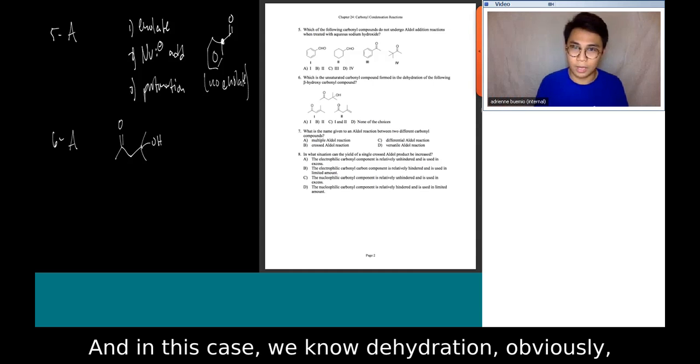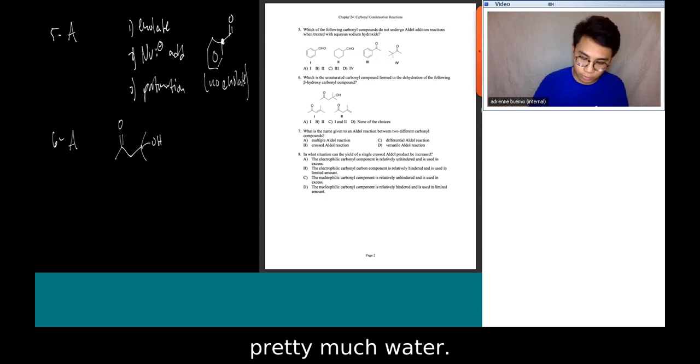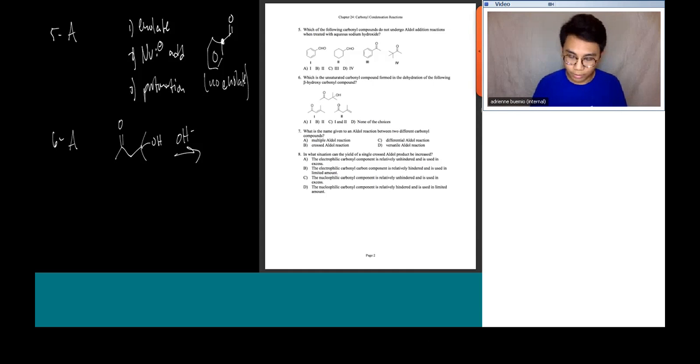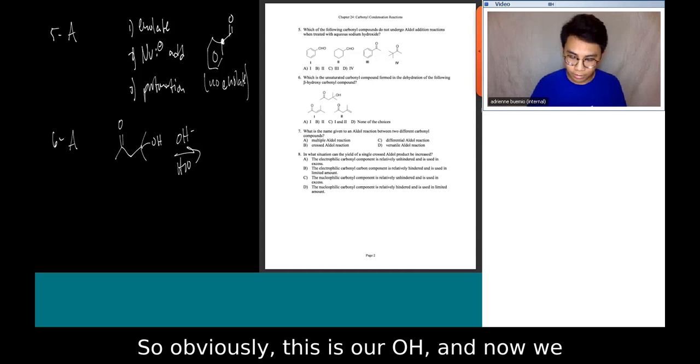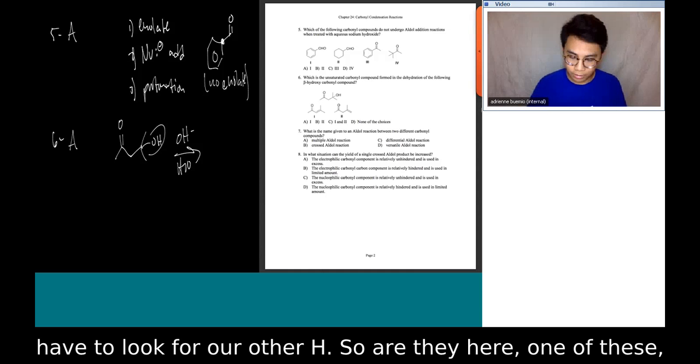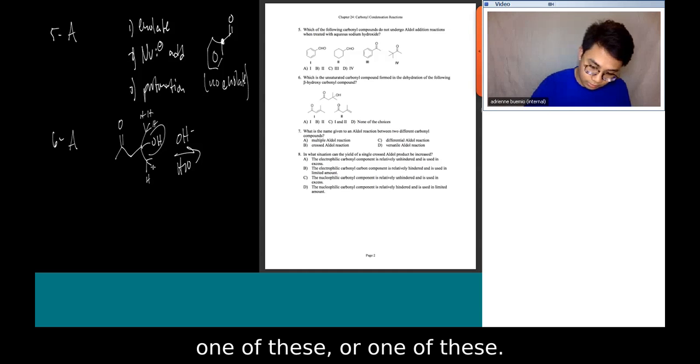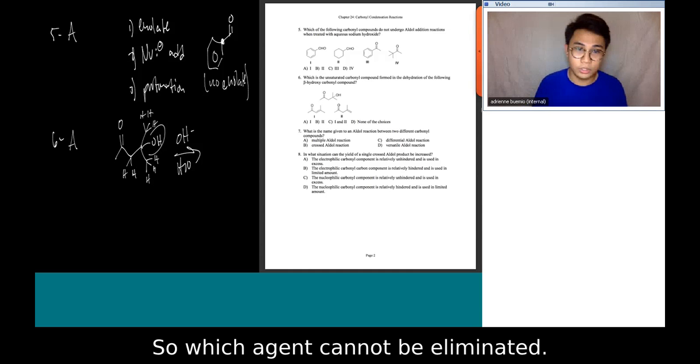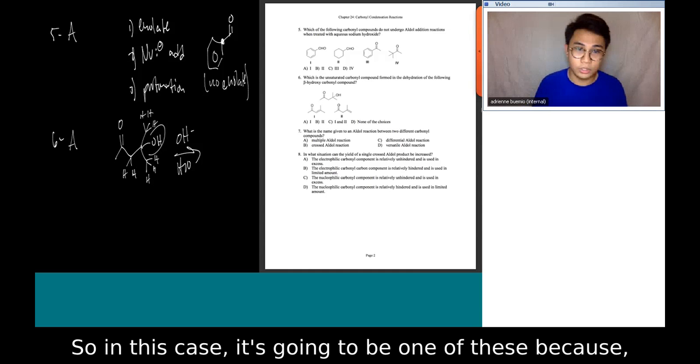And in this case, dehydration is pretty much water, right? Taking out the water. So obviously this is our OH, and now we have to look for our other H. So either one of these, one of these, or one of these, right? So which H is going to be eliminated? In this case, it's going to be one of these